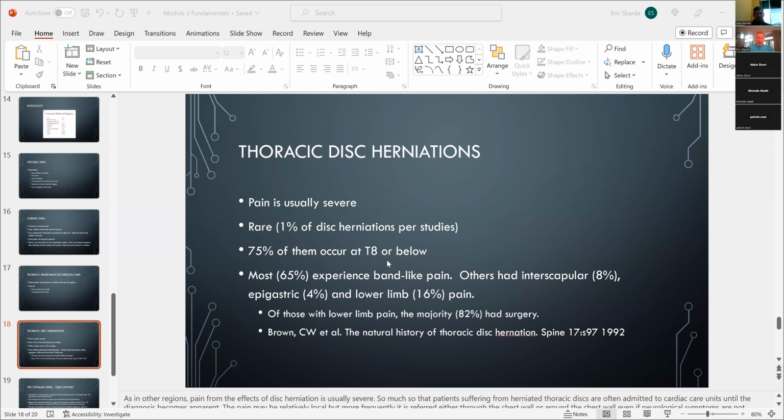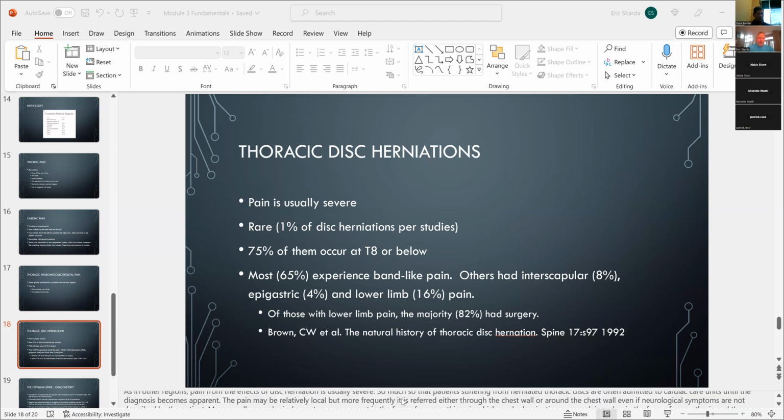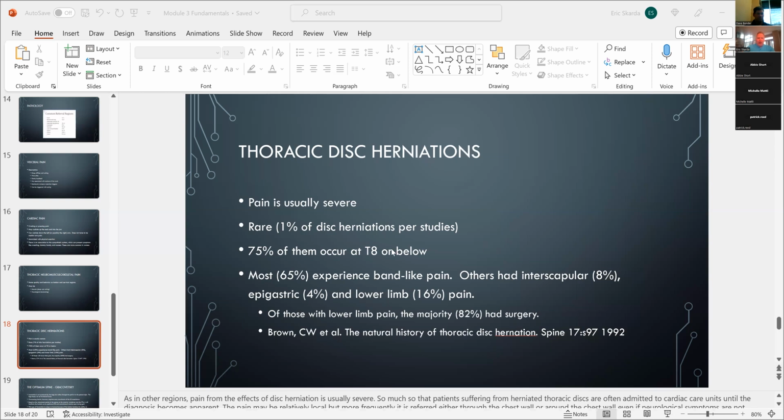Most of them will occur below T8. And I think it's 30% of them are at T11, 12. Yeah, 30% at T11 and 12. So when you take it into consideration, T8 through T12, they start to develop more consistently like a lumbar disc. So it's more possible to have herniations in those areas just because the morphology tends to start to match up a bit more with the lumbar